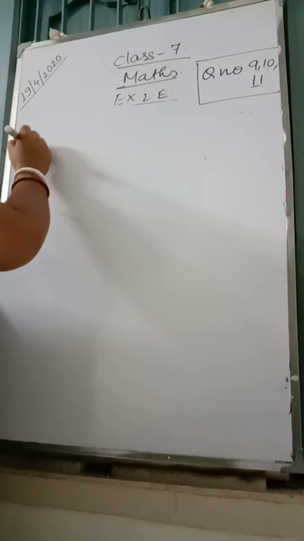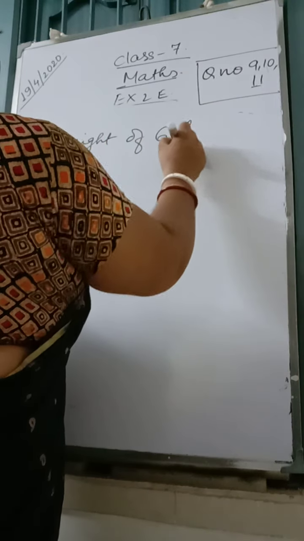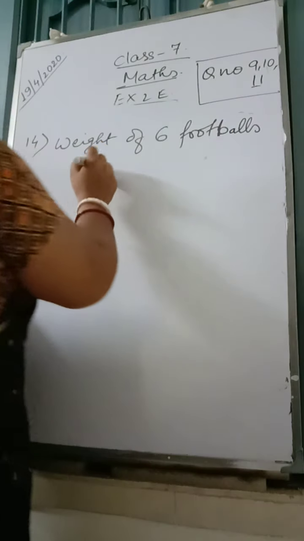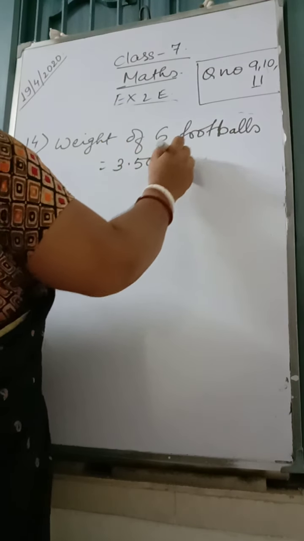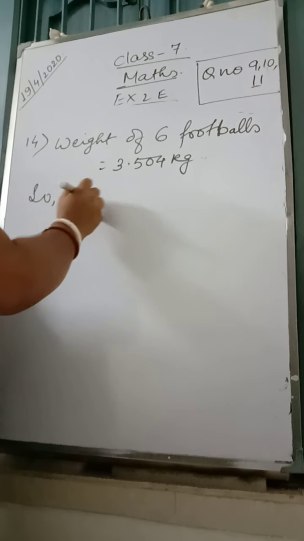Number 14. Weight of 6 footballs is 3.504 kg. So weight of 1 football,